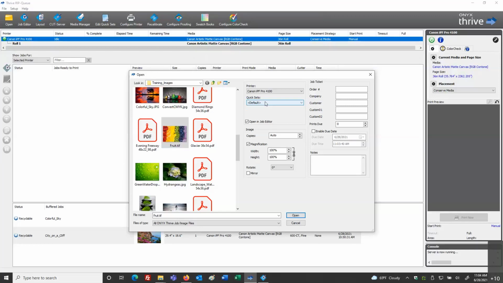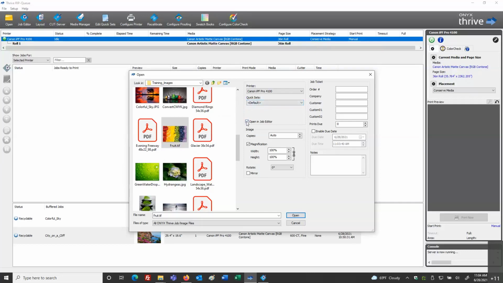Things that are not active in the quick sets are going to be the abundance of features that you might customize in your own quick sets to meet your needs. For example, if you tile your job files, you might want to have a quick set for tiling. If you work with bleed and grommets and sewing marks, you might have a quick set in that fashion. If you have a need to scale repeatedly at a certain size, we can go through and set that up as a quick set. So right now we just have a basic default quick set.